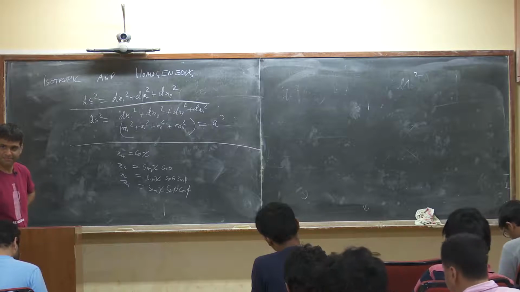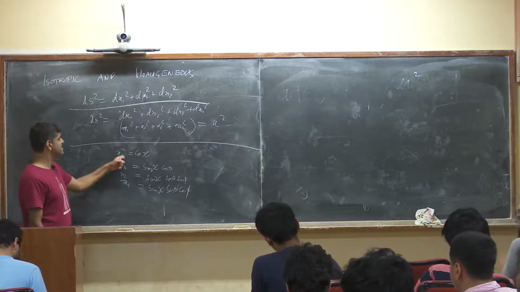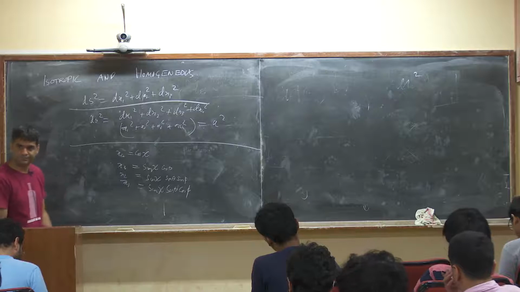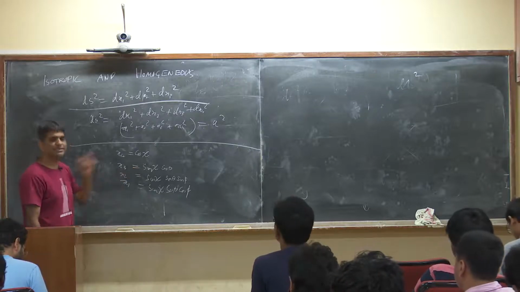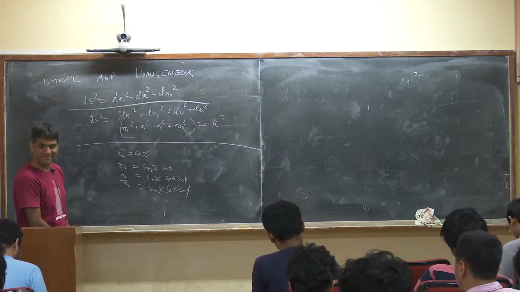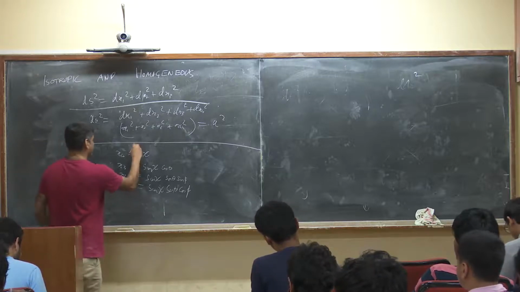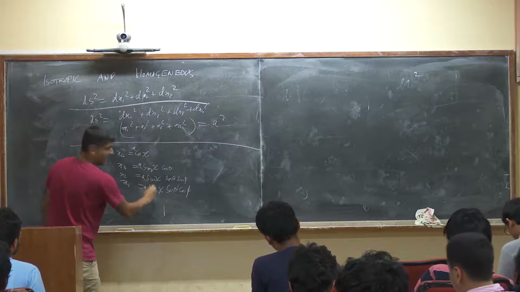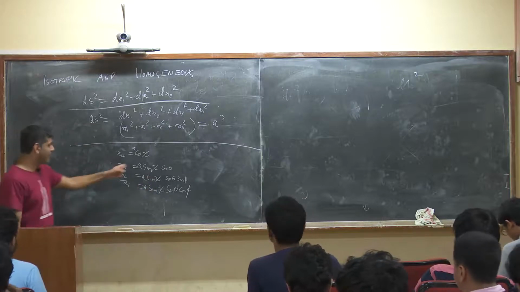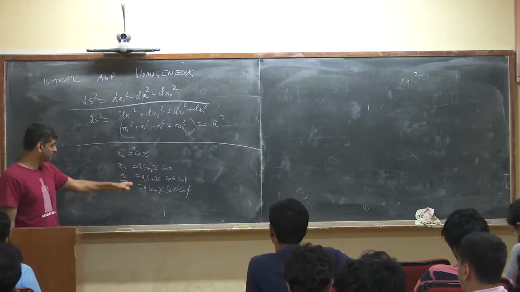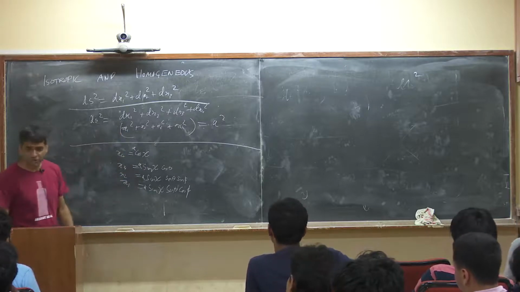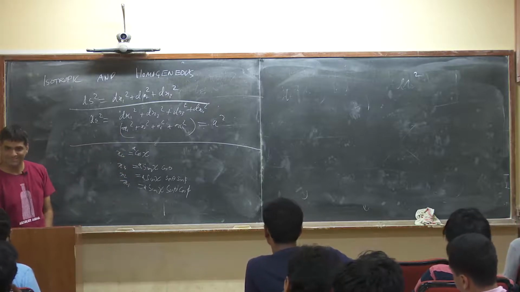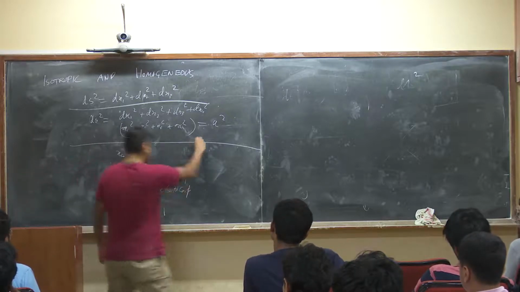You understand that this satisfies this equation? Because x3 squared plus x2 squared plus x1 squared is a squared sine squared chi, but x4 squared is a squared cos squared chi. And so in this coordinate system,